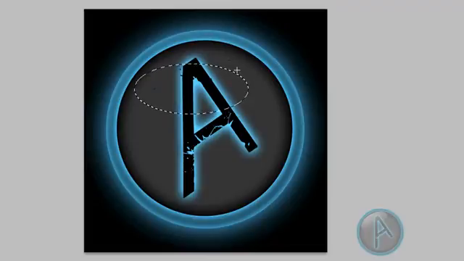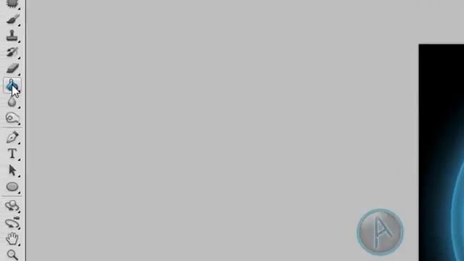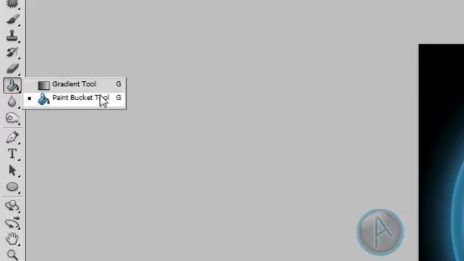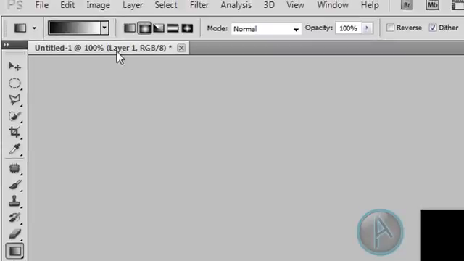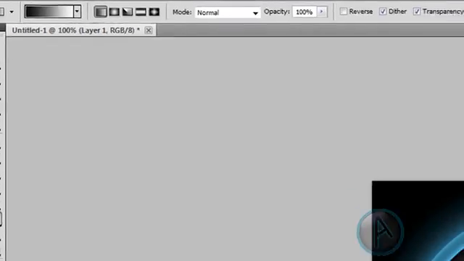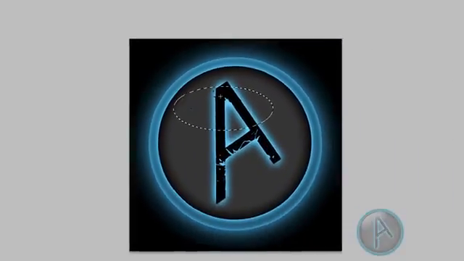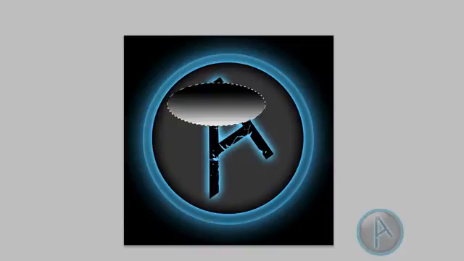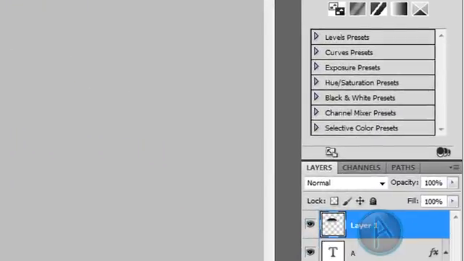So now we have that. We're going to select our gradient tool. If we just right click on our paint bucket tool that we used earlier, and then select gradient tool, and then change this to the first gradient style. Make sure this is black to white, and then drag that down like so. Then we're going to change the layer style